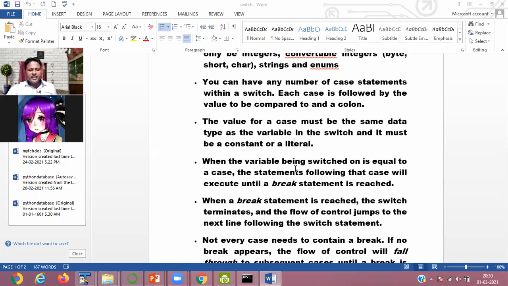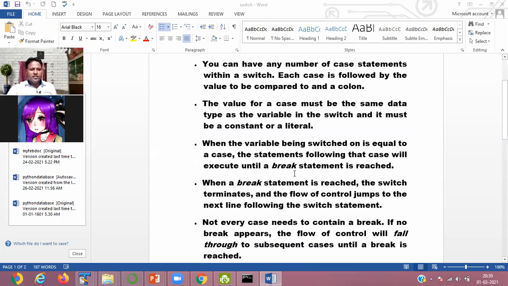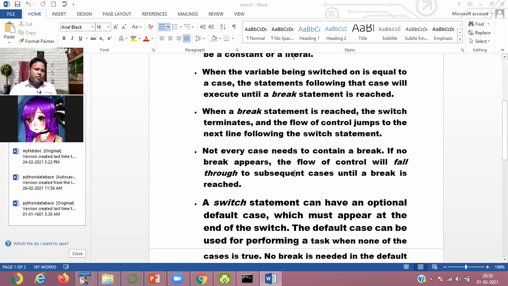Not every case requires a break statement. Like we're using A, E, I, O, U. In every statement, we are not using a break statement. As we know, for A, E, I, O, U, for all five scenarios we have to pass only one value, so in that case we are using a single break statement.